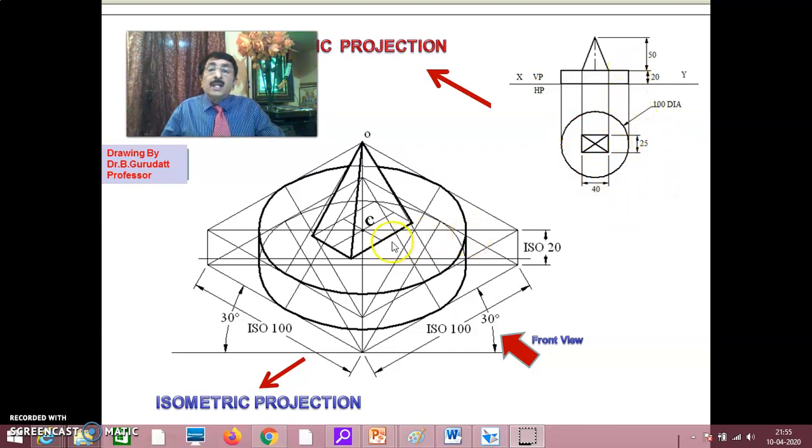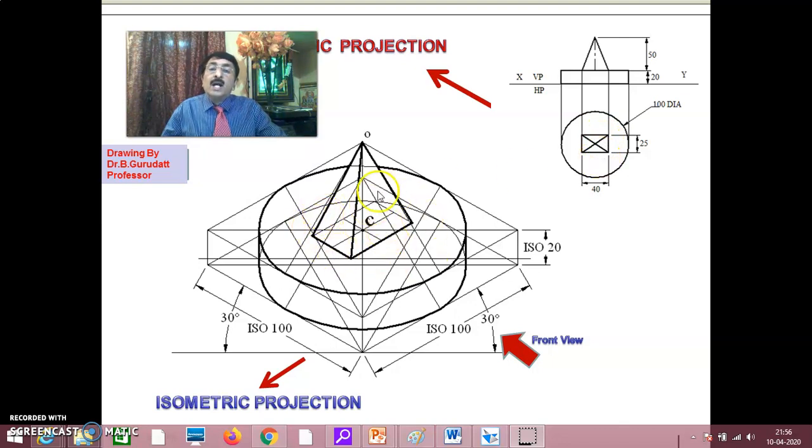Now you come to the second solid. Second solid is here. I have written here. You are looking from here. When you are looking from here, VP behind this is 40 and this is 25. In that way, in this front view, once you draw this 50, this is 40, this is 25, you place it at the center. Place it at the center and draw the diagonals also. If you call this OA, OB, OC, OD, they are all the slant edges of this rectangular pyramid. That is why, see carefully,